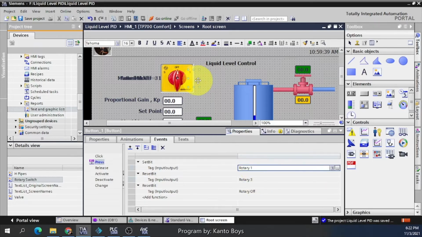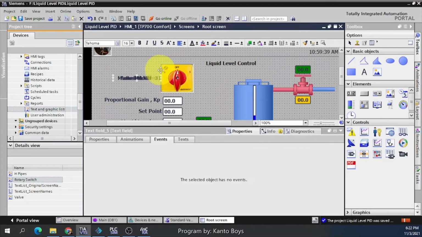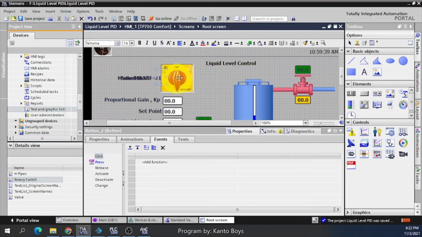So if you press this at the right, this button will display rotary 1. The image should be displayed pointing to the right. We have another button here at the left side.